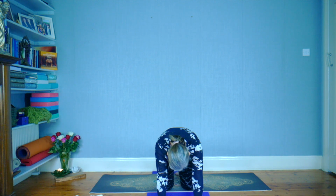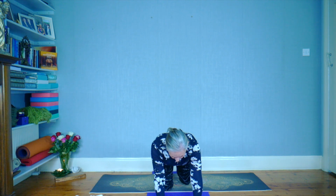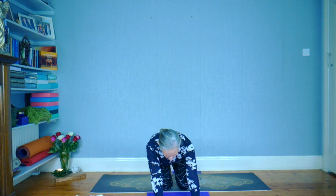Inhale, tailbone and chin up. And as you exhale, push firmly down to the floor. Tuck the tailbone under as you have done before. Chin to chest. Really feel the back cracking open. And as you inhale this time, you're going to raise your right leg up. So keep the weight forward and keep that back leg bent. Inhale, exhale, bring the knee to the forehead,